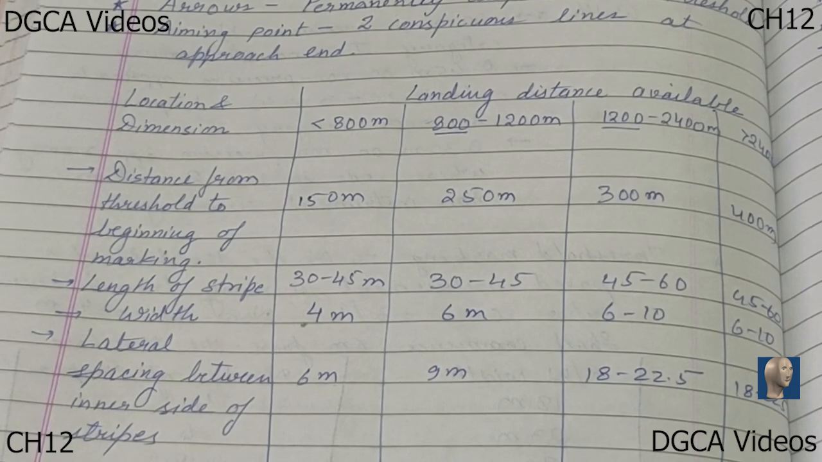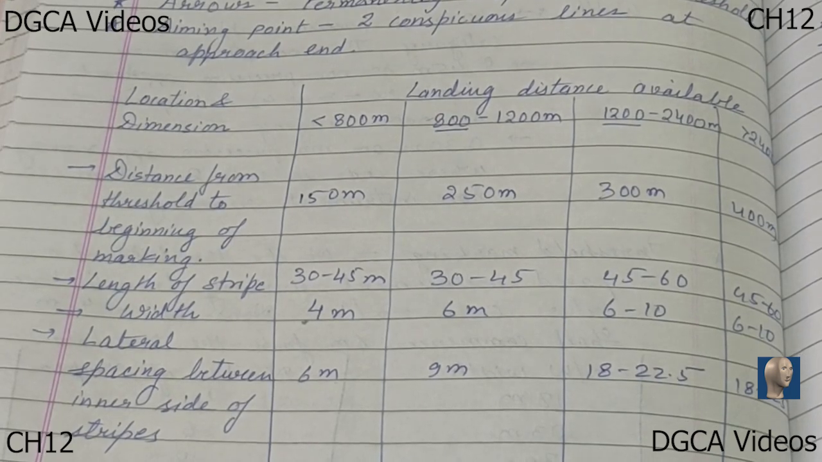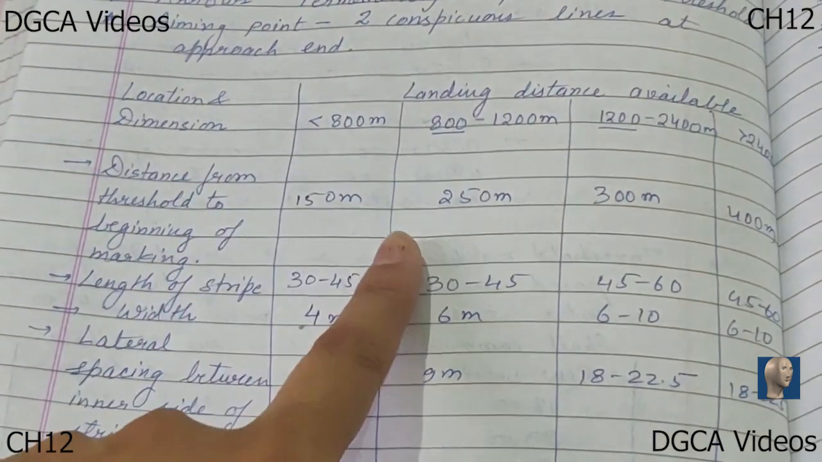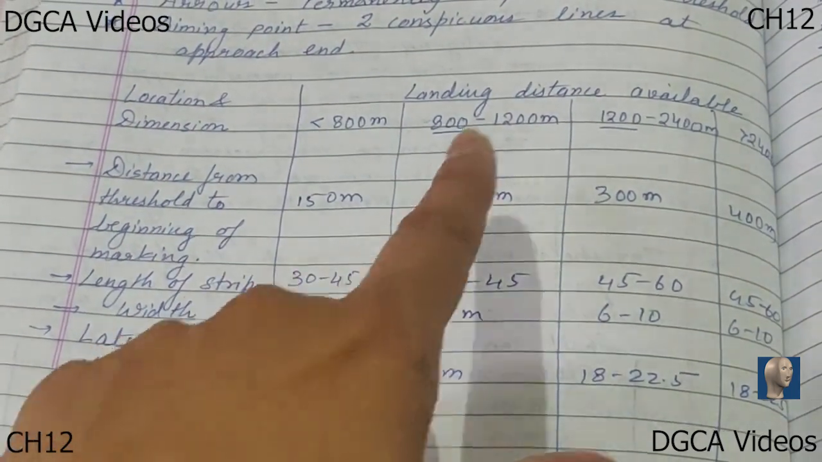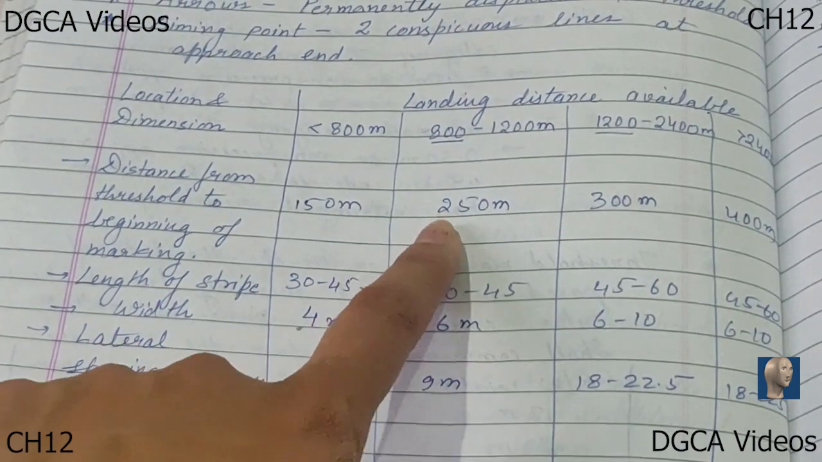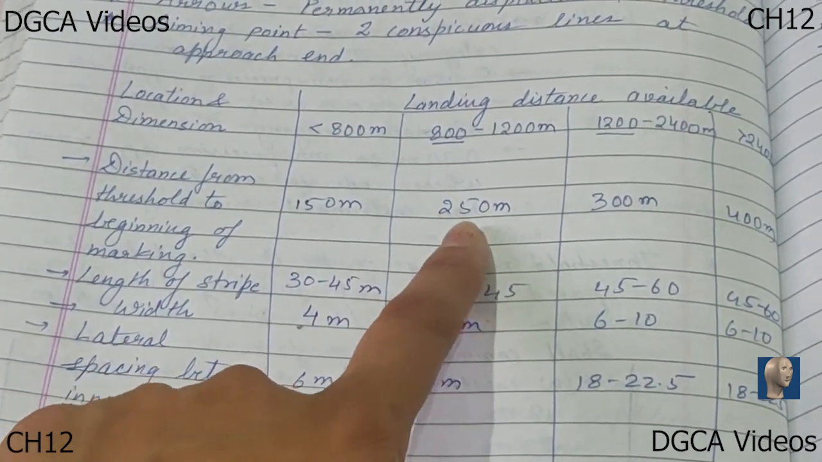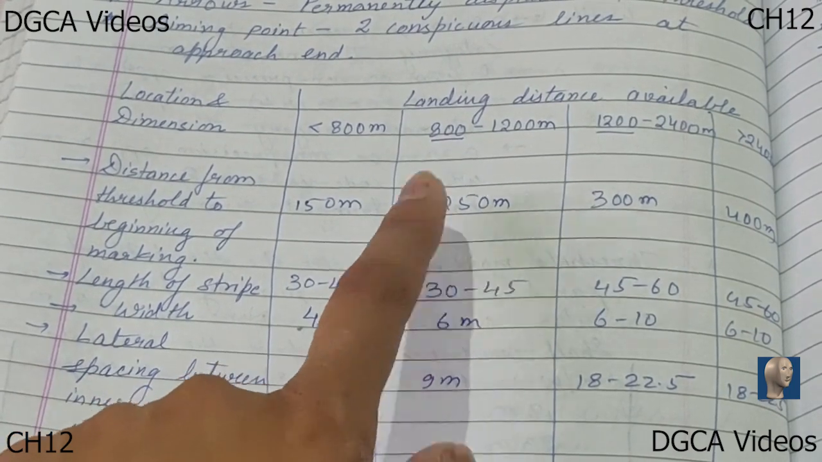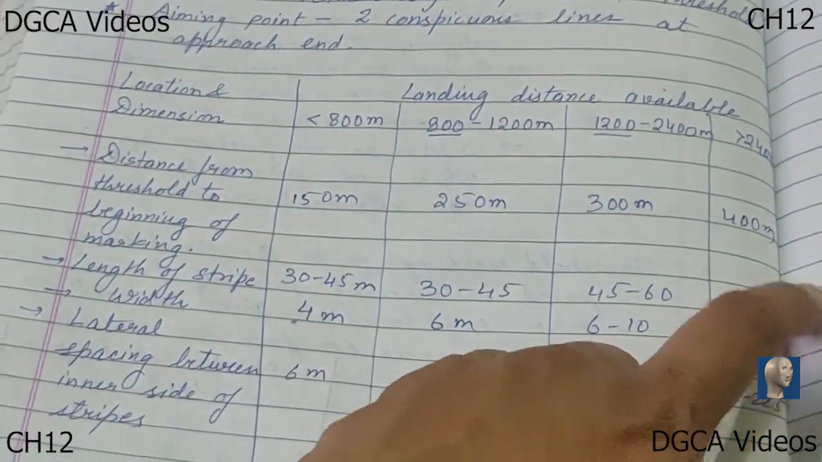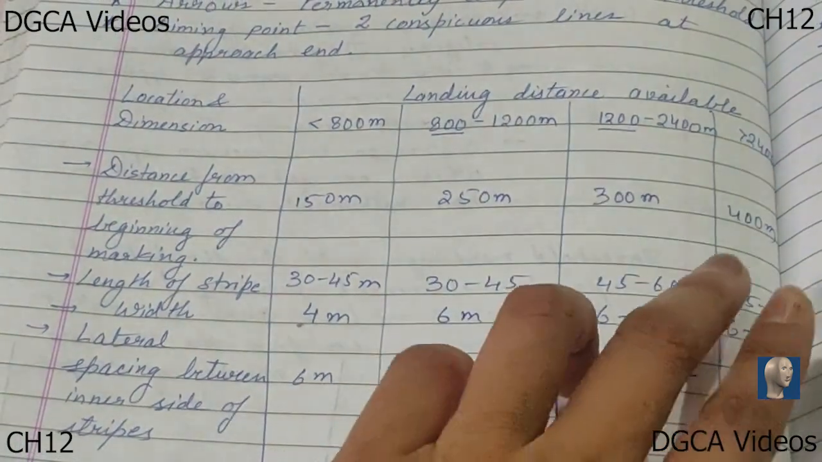As you can see in the table, the distance from the threshold to the beginning of the marking will be 150 meters in case the distance available to land is less than 800 meters. And in case 800 to 1200 meters distance is available to land, then 250 meters will be the distance from the threshold to the starting of the aiming point, and 300 for this, 400 for greater than 2400 meters length